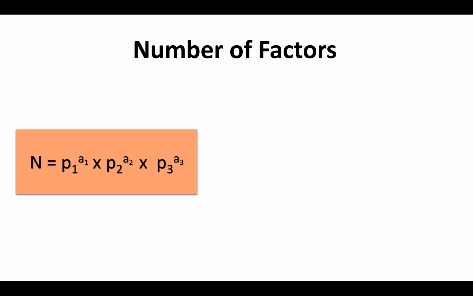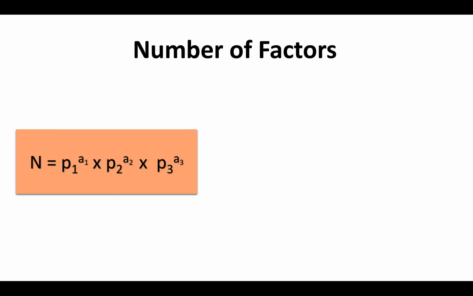Let's write that generically once. There are a lot of variables here, but it's simple. It's equivalent to what we just noticed with 2000. So if n is the number whose prime factorization is p1 raised to power a1 multiplied by p2 raised to power a2 and p3 raised to power a3, that means there are three prime numbers which are factors of n, each raised to a different power. Again, how many options will the exponent of p1 have in a factor? It can go from 0 till a1. So 0, 1, 2, 3 till a1. That means a1 plus 1 options in total.